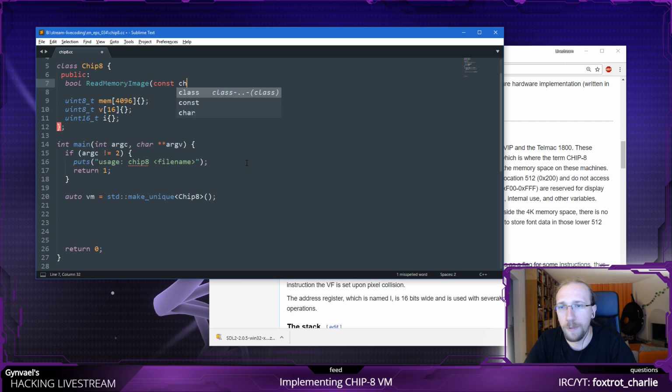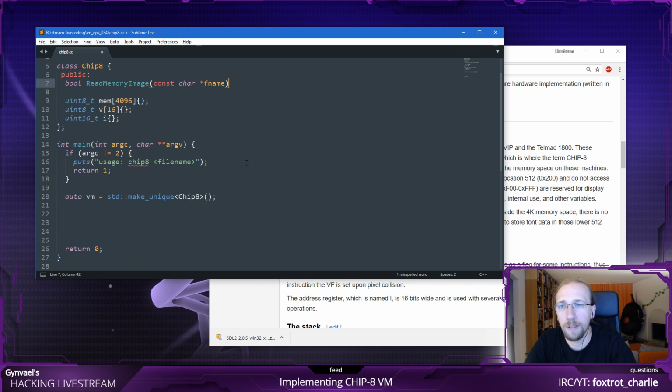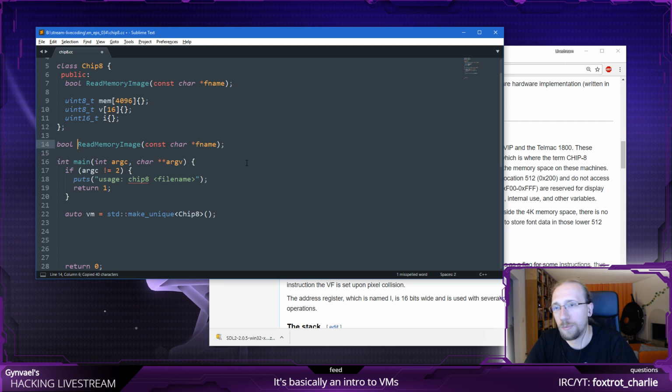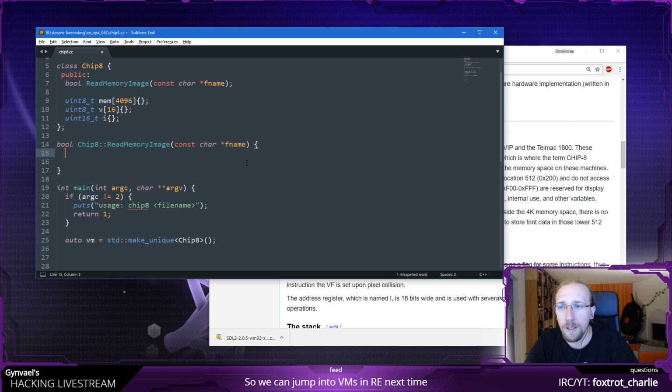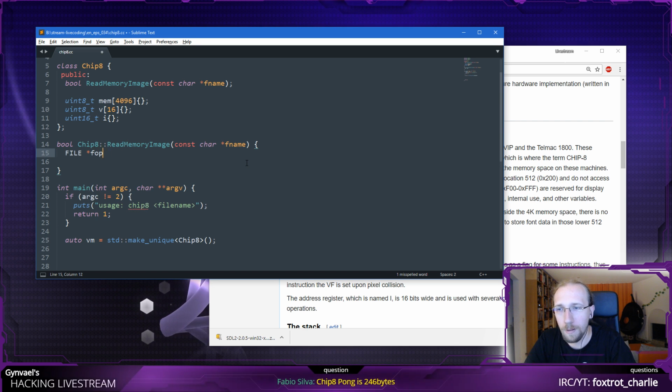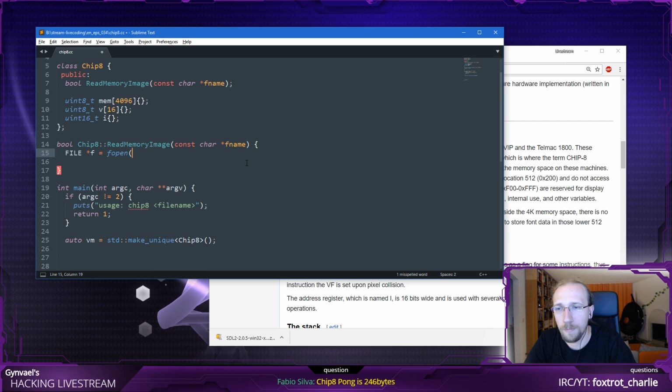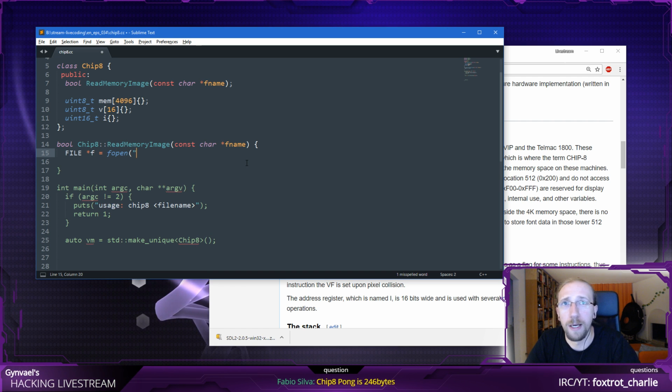I'm going to add from file, const file name, and the function name is pretty descriptive, right? So first of all, I need to open it, right? Yes, I do prefer the C API.